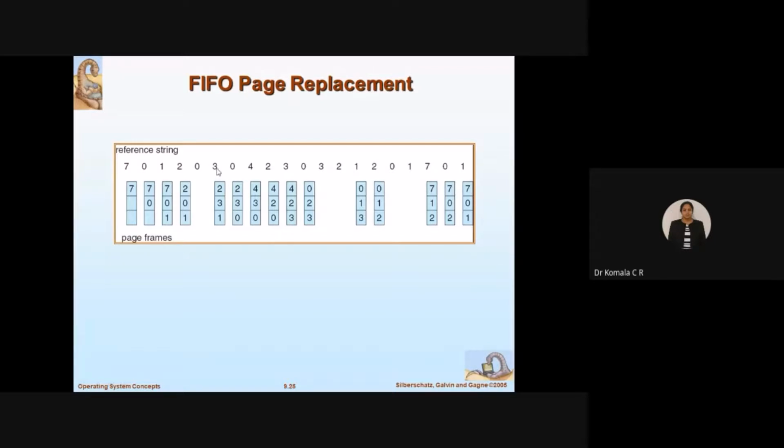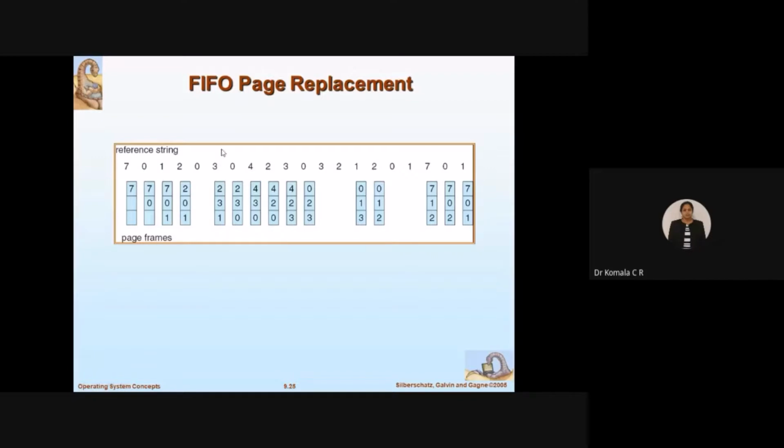What is the next element I want to fill? 3 I want to fill. So before I fill 3, let us check whether 3 is there. Scan it once. No, 3 is not there. I want to fill it. So which box can I fill now? The first in, first out concept you are using. See, you have already replaced 7 here. So what was the next element you had? Next element was 0, right? So in place of 0, you can fill 3. So the rest I have written as it is. 2 I have written as it is. 1 I have written as it is.